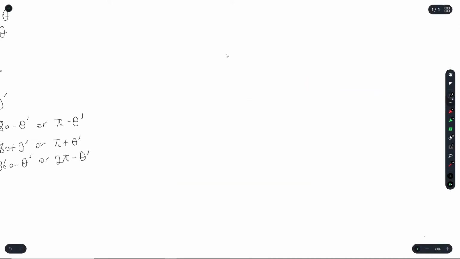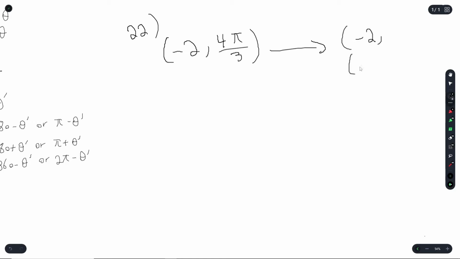Okay, let's do question 22 in the book. This question will help us prepare for the other questions, the converting polar to rectangular questions. Here they're just asking us to find two other similar points to the point they give. The point they have given is -2 and 4 pi over 3. So first we'll find two other points with -2,